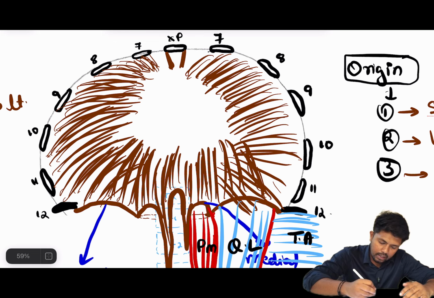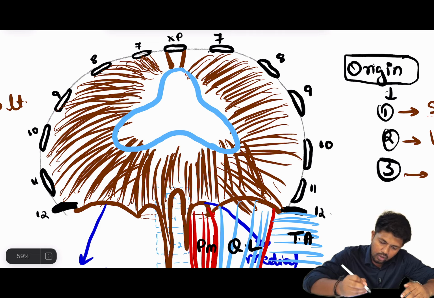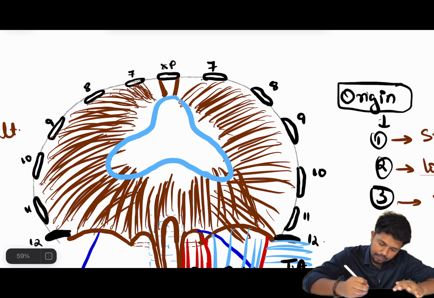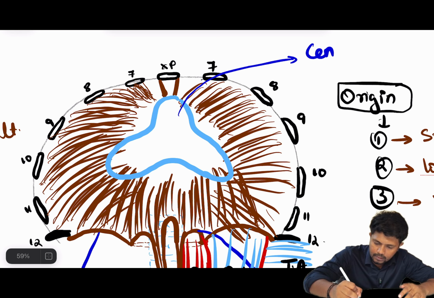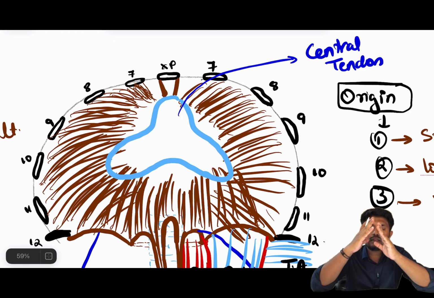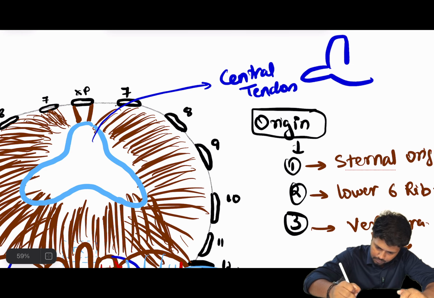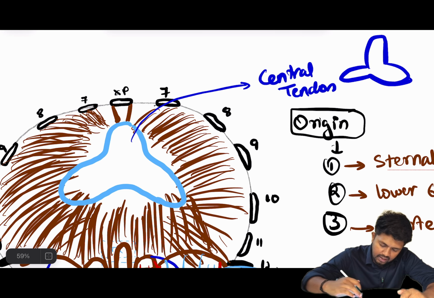Now all these things are coming towards the central part, and it is going towards a trifold leaf-like central tendon. This is called the central tendon, which has the appearance of a trifold leaf. You can say it has three margins like a leaf. So in this way it has